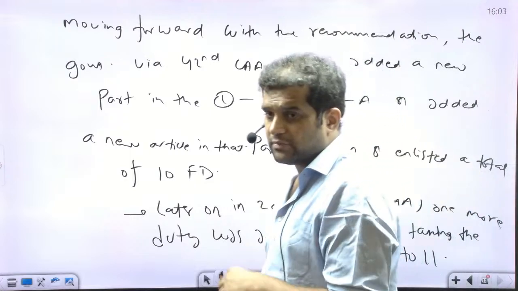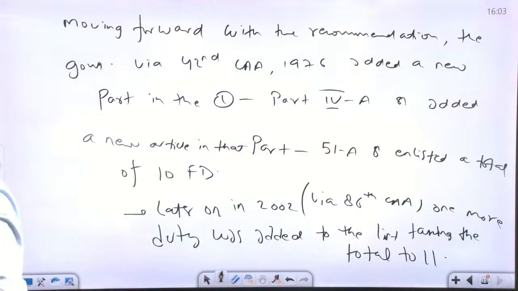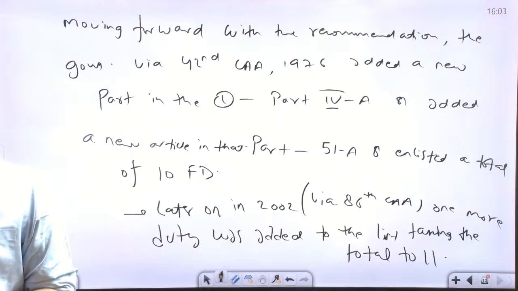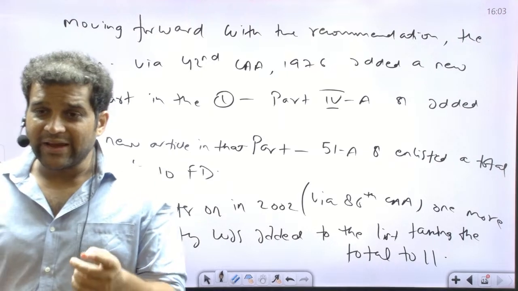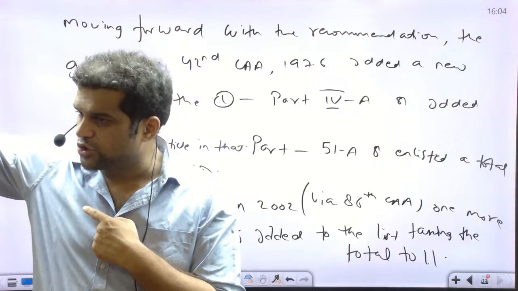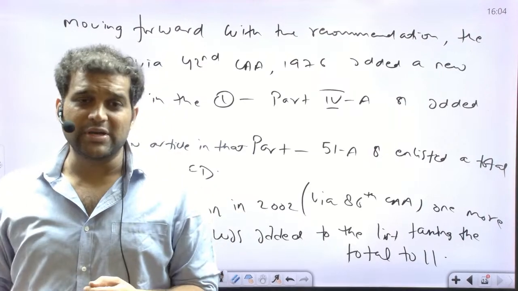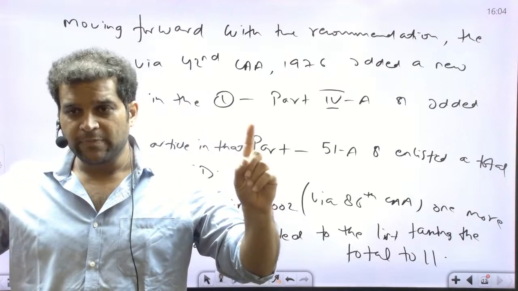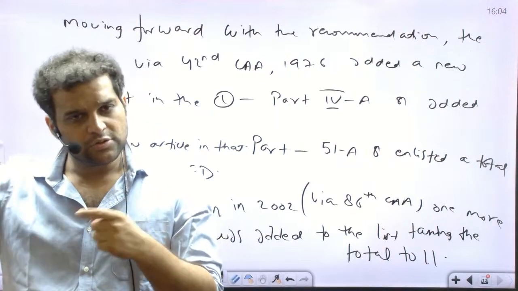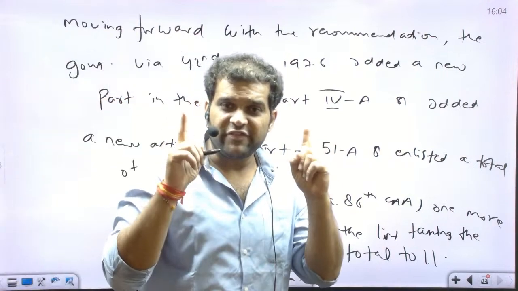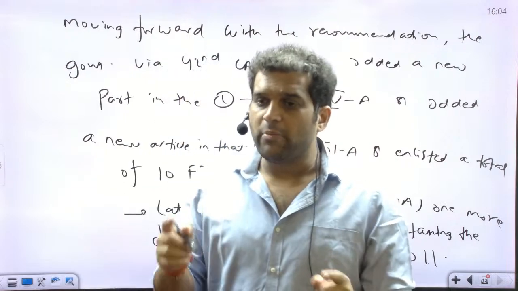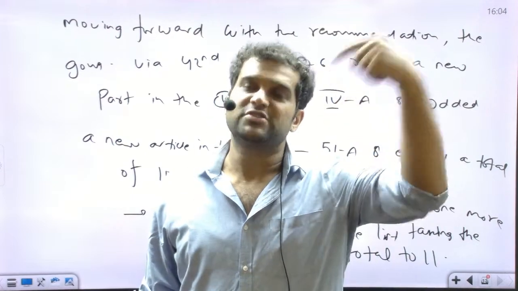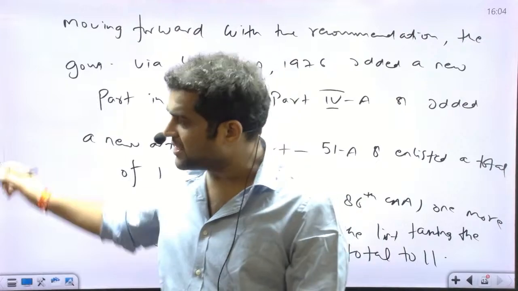Yes, any doubt so far? Nothing? It's clear, no? It's very simple. The government appointed a committee, Sardar Swaran Singh committee, right? And it asked, just like there is a provision of fundamental duties in the constitution of Soviet Union, you suggest to us what duties can we introduce in our constitution for our citizens. All right, getting my point? So that committee did its research, and it came up with a recommendation of 8 fundamental duties. But government introduced 10 fundamental duties in one go, and another fundamental duty was added later on by 86th amendment